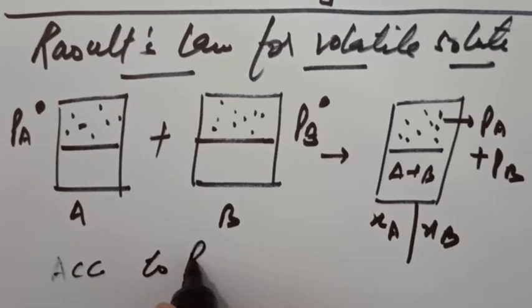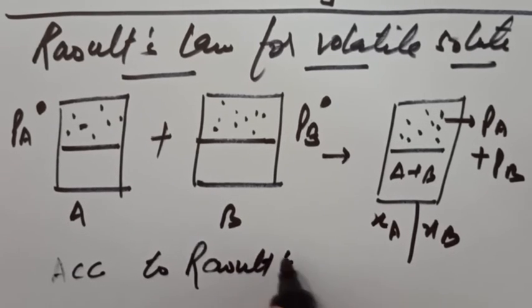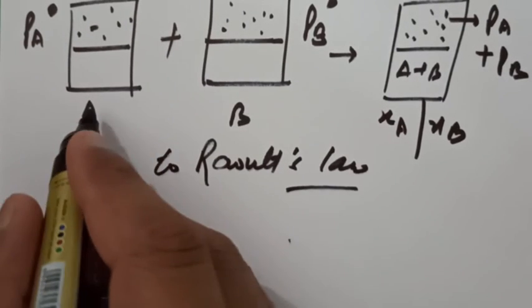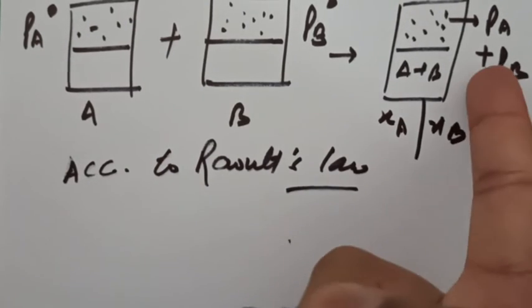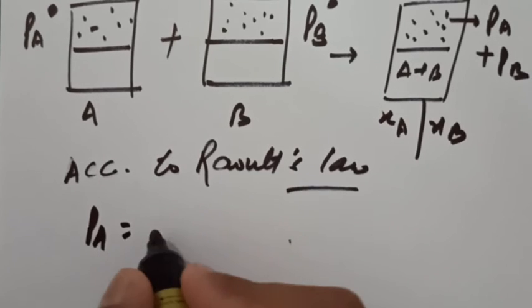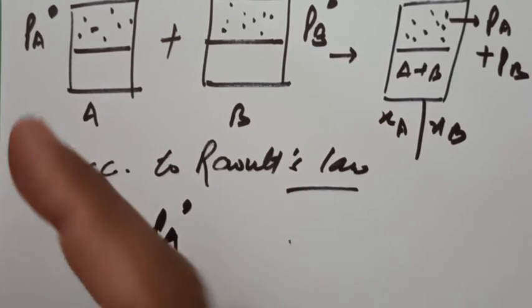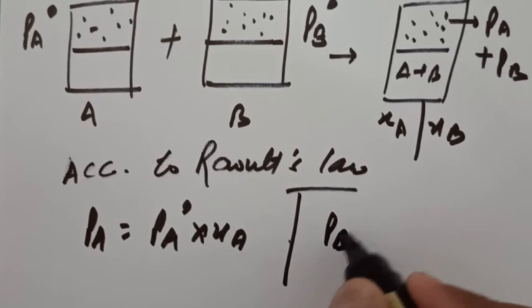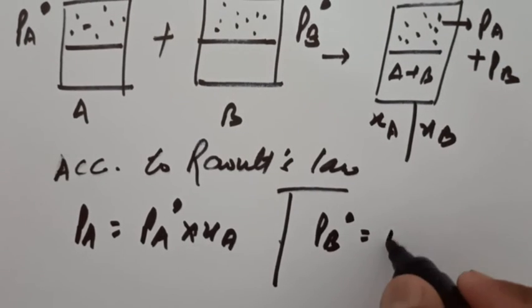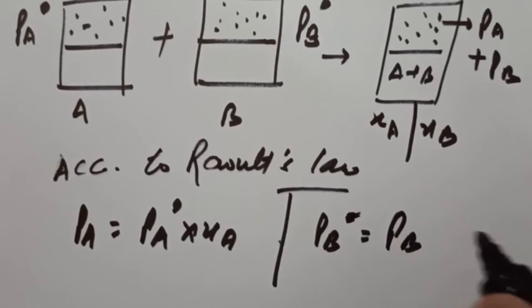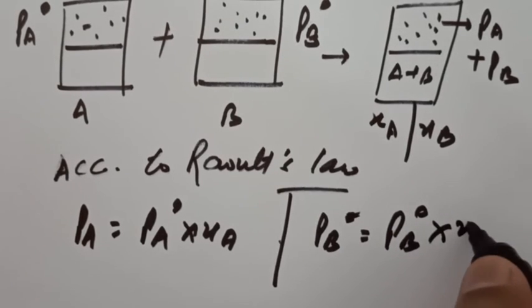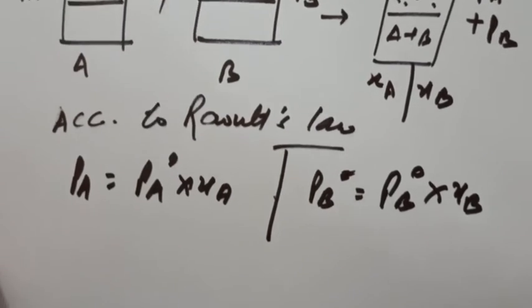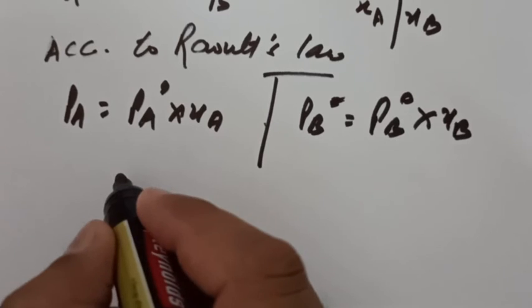सो अकॉर्डिंग टू Raoult's law, अगर हम अकेला A पे अप्लाई करें तो अकॉर्डिंग टू Raoult's law क्या था कि सॉल्यूशन में जो प्रेशर है A की वजह से वो क्या होगा, हमेशा इसका जो प्योर फॉर्म है PA naught इनटू इट्स मोल फ्रैक्शन XA, है ना। एंड PB जो प्रेशर B की वजह से है यहाँ पे, तो वो क्या होगा, PB naught इनटू XB, ये होगा सोल्यूशन में B की वजह से प्रेशर।